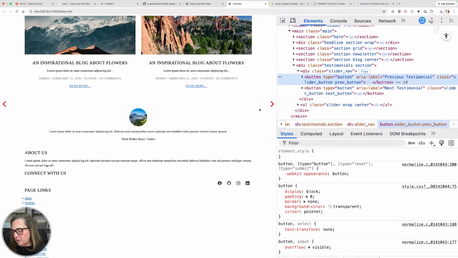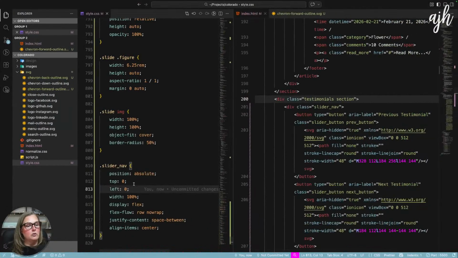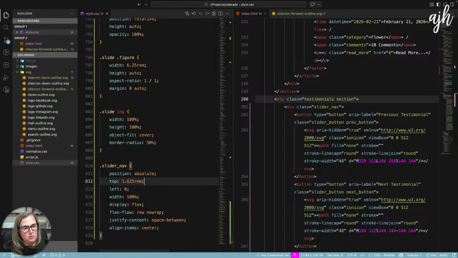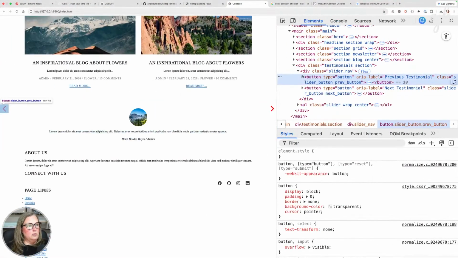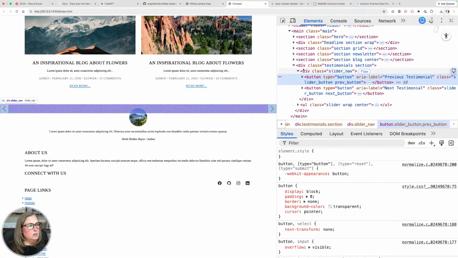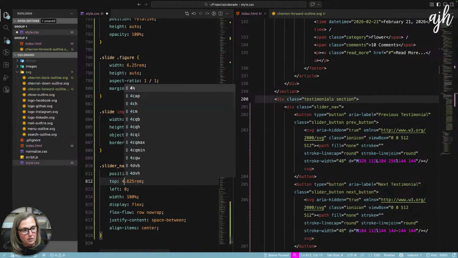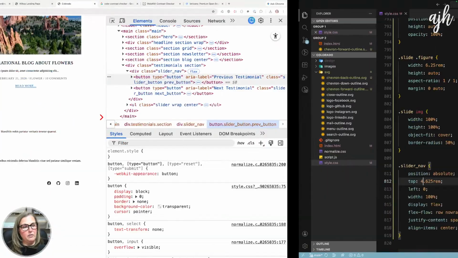And 26 divided by 16 is 1.625. So the top would be 1.625 rems. Is that right? No. Plus 3 rems. So this would actually be 4.625.